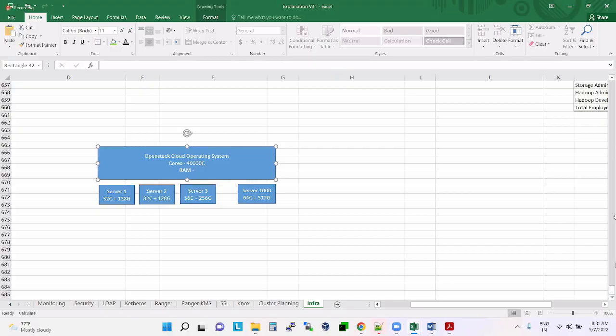I have RAM, let's say 1 lakh TB RAM. I have storage disk, let's say 1 lakh TB disk. So you will have storage also, say 30 TB storage.